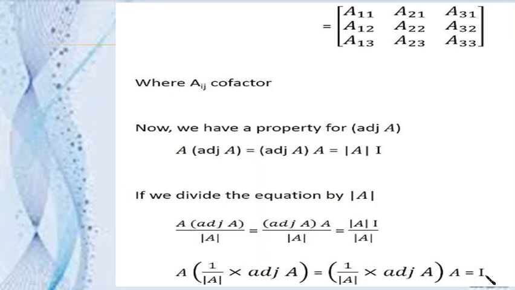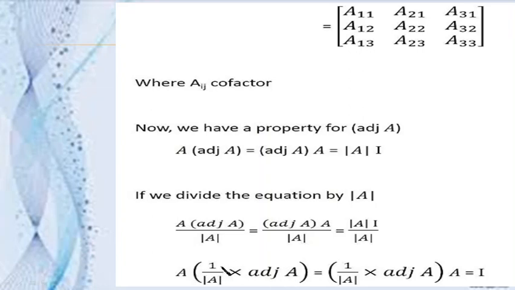Now if you remember the definition of invertible matrices, if the product of two matrices is equal to the identity matrix, it means these two are inverses of each other. Adjoint A is definitely a matrix. See here, it is a matrix, and determinant is definitely some number. So 1 upon some number is definitely a constant. So whenever we multiply any matrix with a constant, it will again be a matrix only.